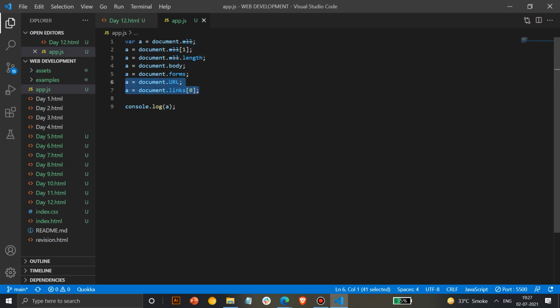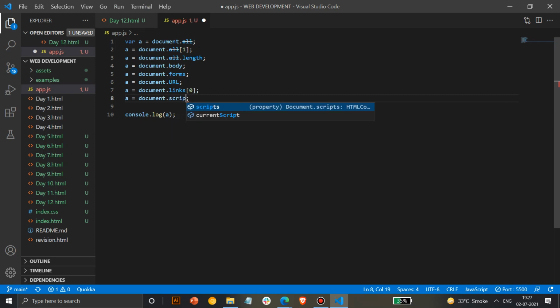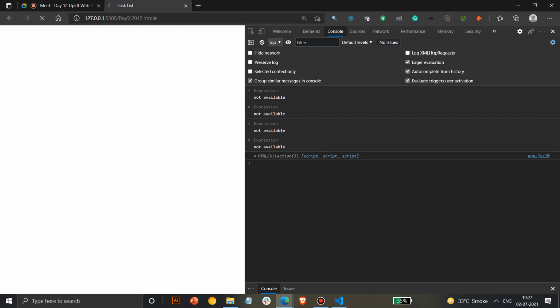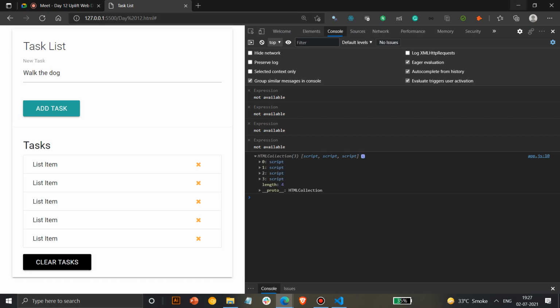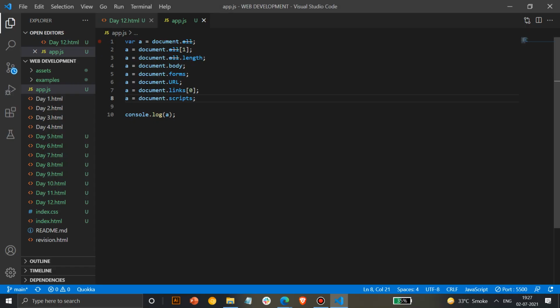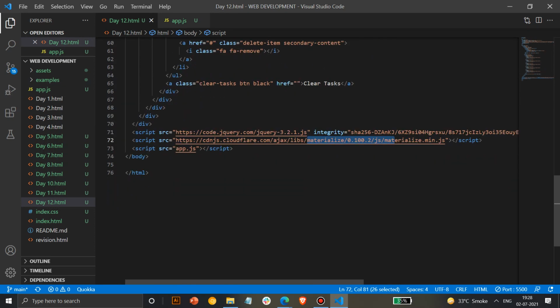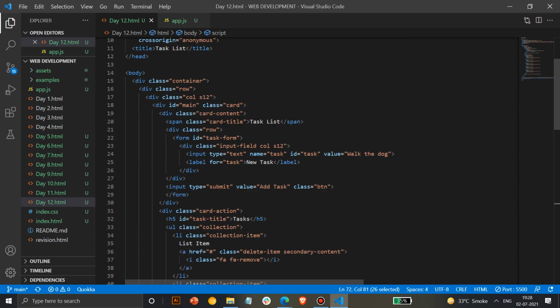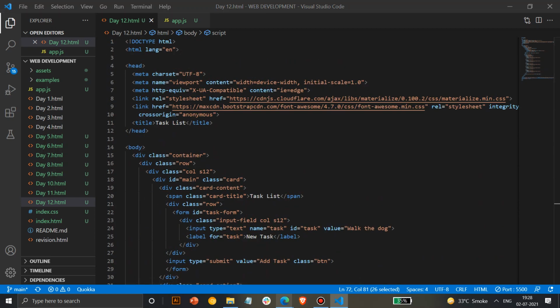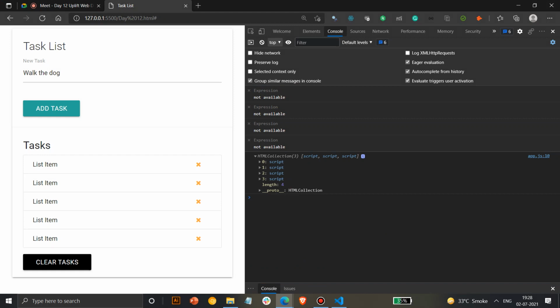We also have something called scripts, so we can find all the scripts that are present. You can see the number of scripts. We have 3 scripts, though I think there are 4 scripts here. This is 1, 2, 3, I think 3 scripts. Yep, 3 of them. There's one extra, I think. I don't know why, the length is 4. But here it shows 3. So there are 3 scripts.